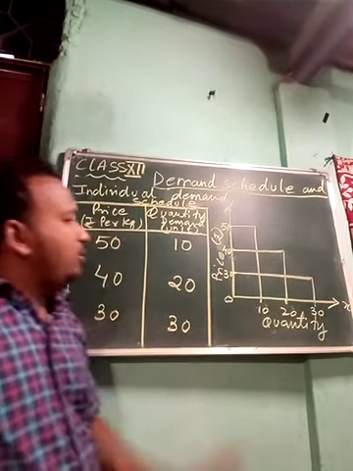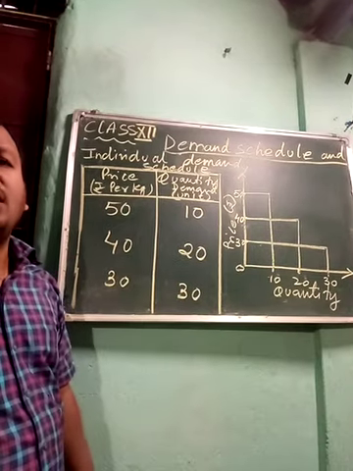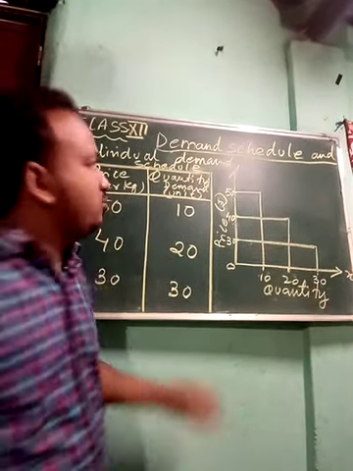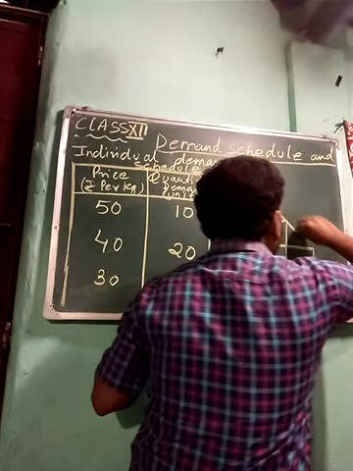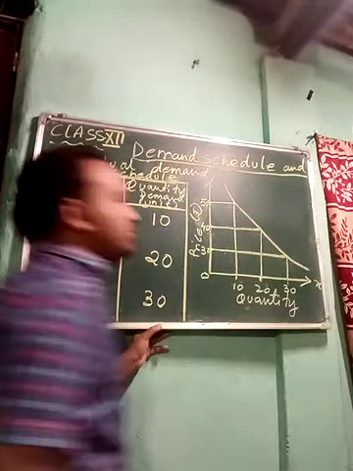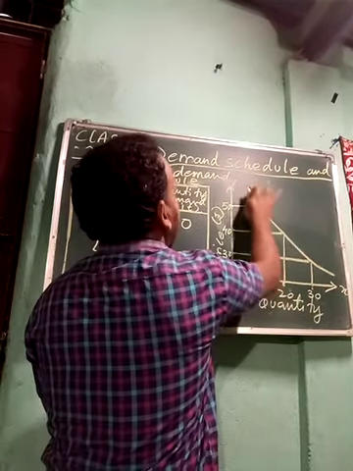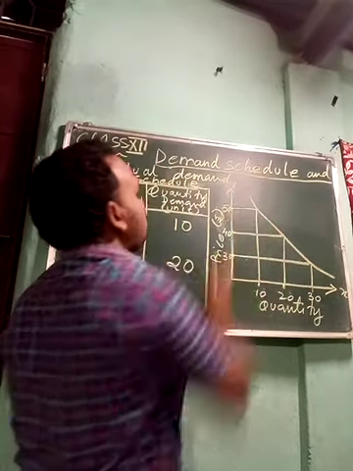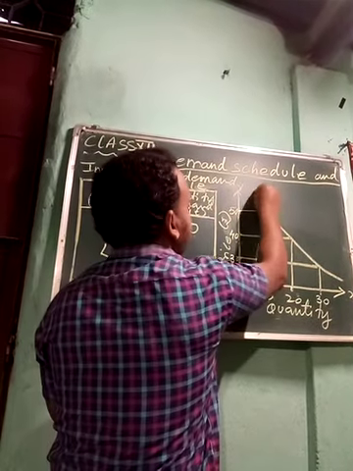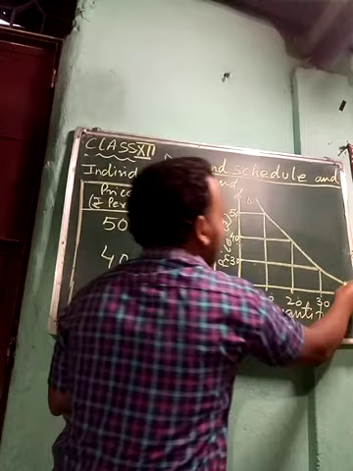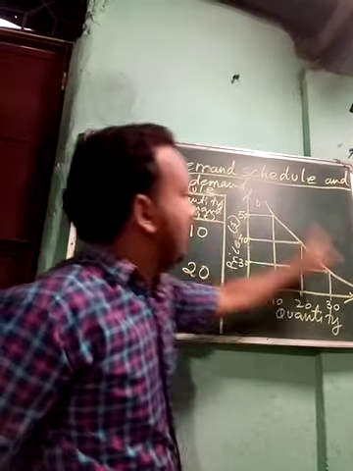When you have completed that, you have to make a curve with your free hand. From the top you will draw the curve. In this way you will make the curve, and as it is a demand curve, make sure your curve does not go beyond the y-axis. Here you will write D, and here you will write D. So it's the demand curve. Make sure you write D and D.